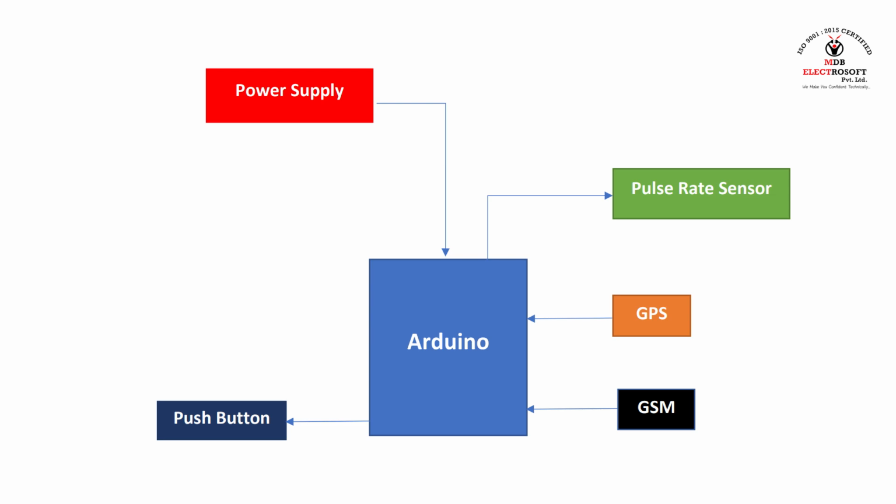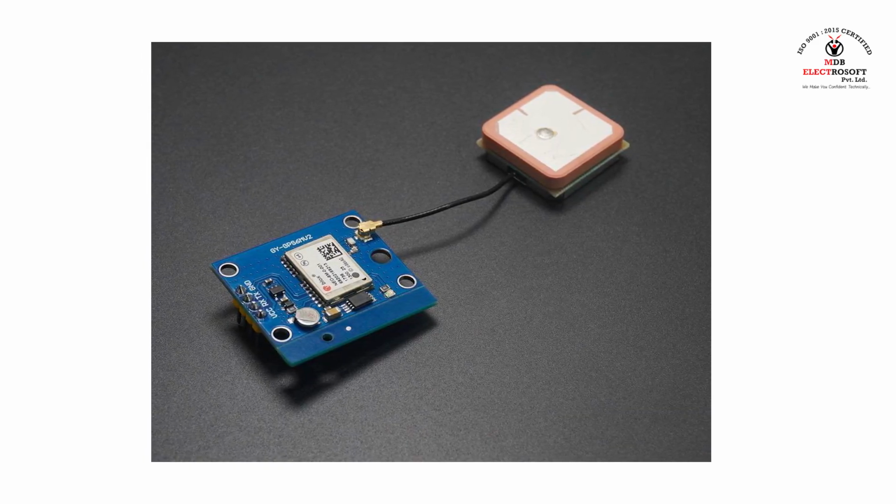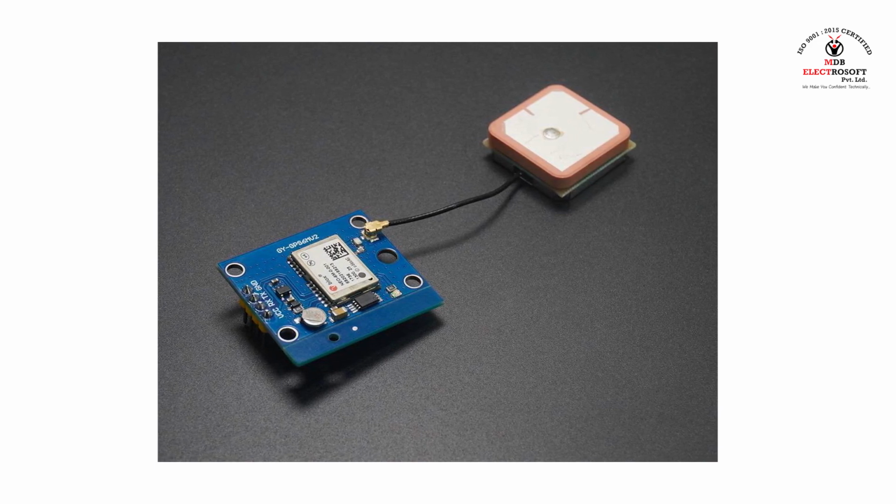As can be seen in the block diagram, we are using Arduino Uno as our main controller board. Then we can see a GPS module connected to the Arduino Uno. With the help of this GPS module, we can locate our longitude and latitudinal location on the surface of Earth with the help of satellites. This sensor works on RX and TX pin of the Arduino.